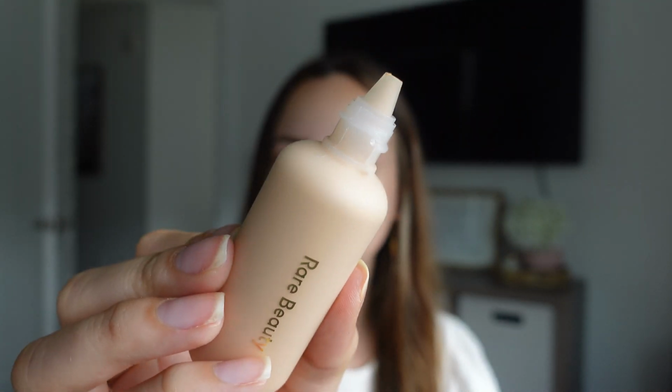So anyway, I encourage you that even if you're going to use this, try to apply another sunscreen before, just to offer more coverage. I use mine in the shade 24N. If I open it, this is what it looks like. And you literally just drop a little bit and then put it on your face. I applied with the Rare Beauty liquid foundation brush, but I feel like you can definitely apply with a sponge, like a beauty blender or anything like that. Maybe even with your hands, so I feel like it might get messy just because it is tinted, so,